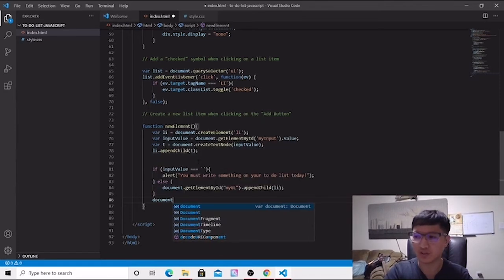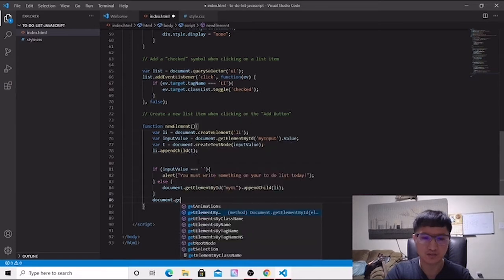Okay, once you append the child, let's get the document get element